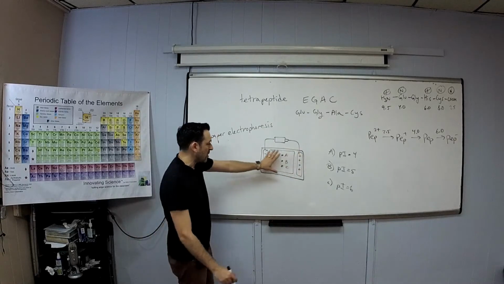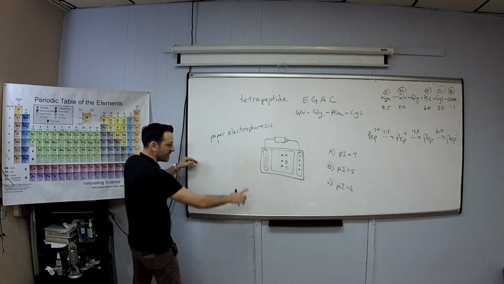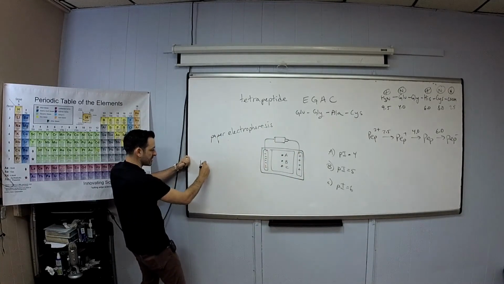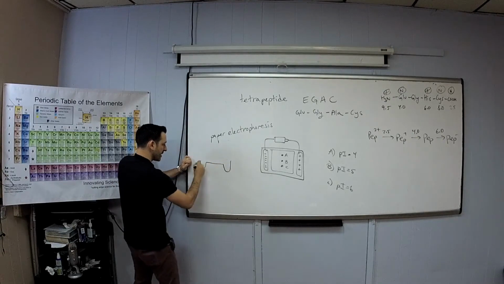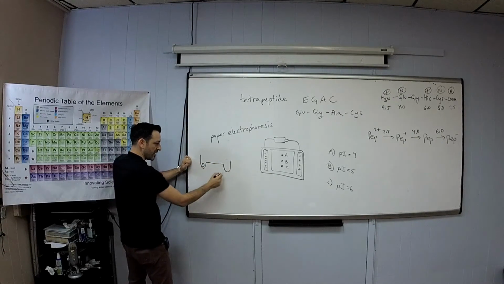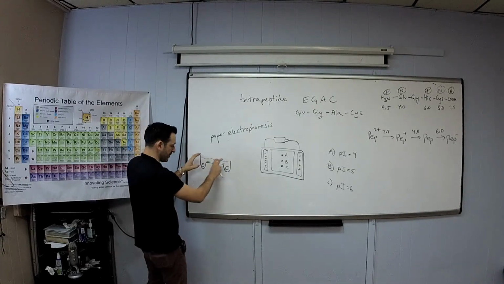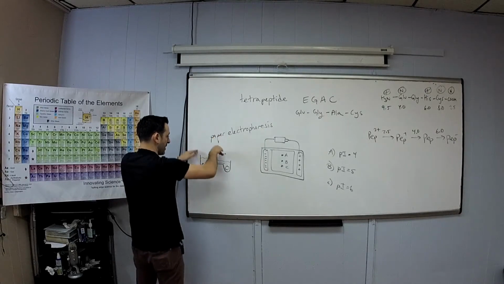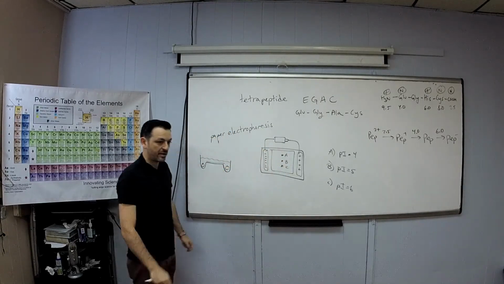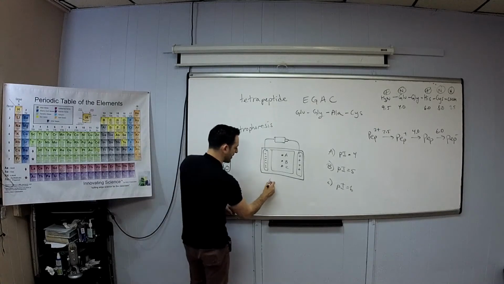If I put this all into a solution, from a side view, it looks like this. It's this tray, and in here there's an electrode, in here there's an electrode, and over here there's a paper, and this whole thing is submerged in buffer. And the buffer, right, I'm looking at the side view. If I look at it from the top, then it looks like that. So if it's all submerged in buffer, let's say the buffer pH